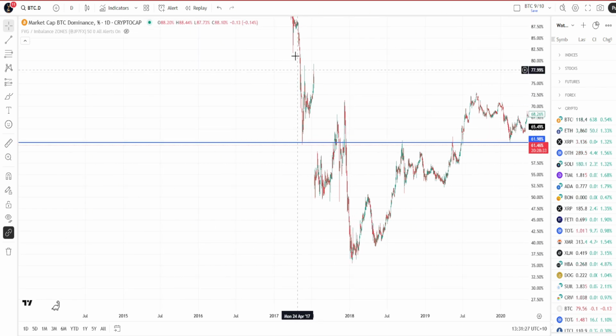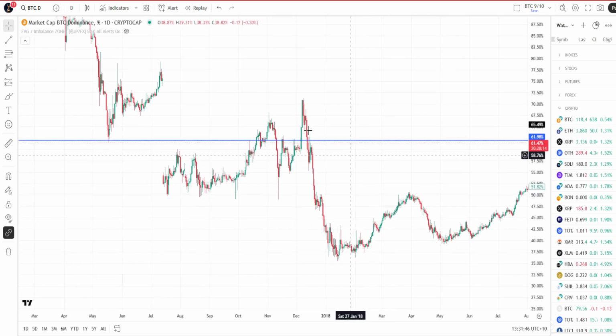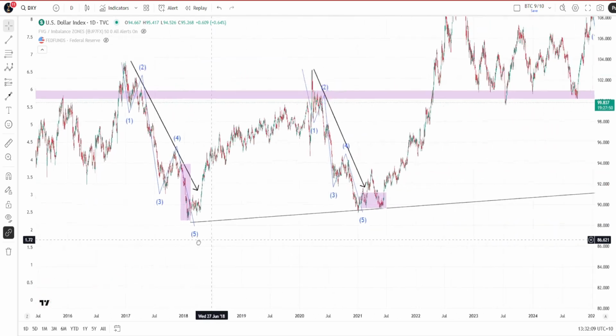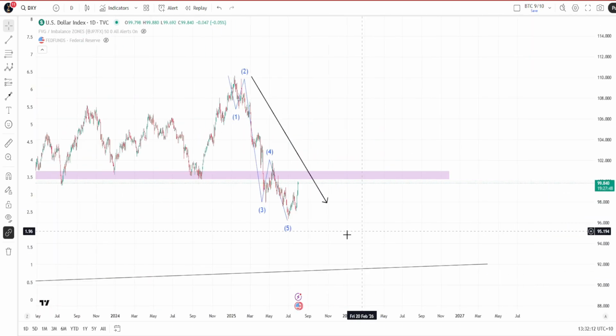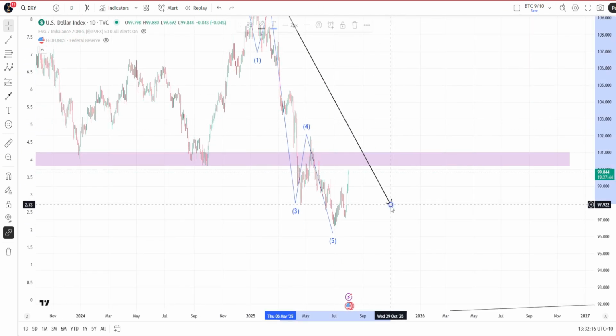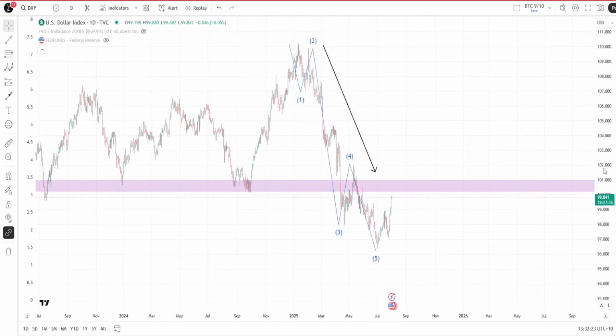was actually the end of the 2017 alt season, which I believe this final stage for that alt season actually started here in December of 2017, wrapping up in January of 2018. If we have a look at the US dollar, you can see this is that December and January period of 2017 into 2018. Now, if we fast forward on the US dollar to the way things are playing out today, and if we are at the end of this 5-wave corrective structure and actually starting to form a bit of a bottom here,